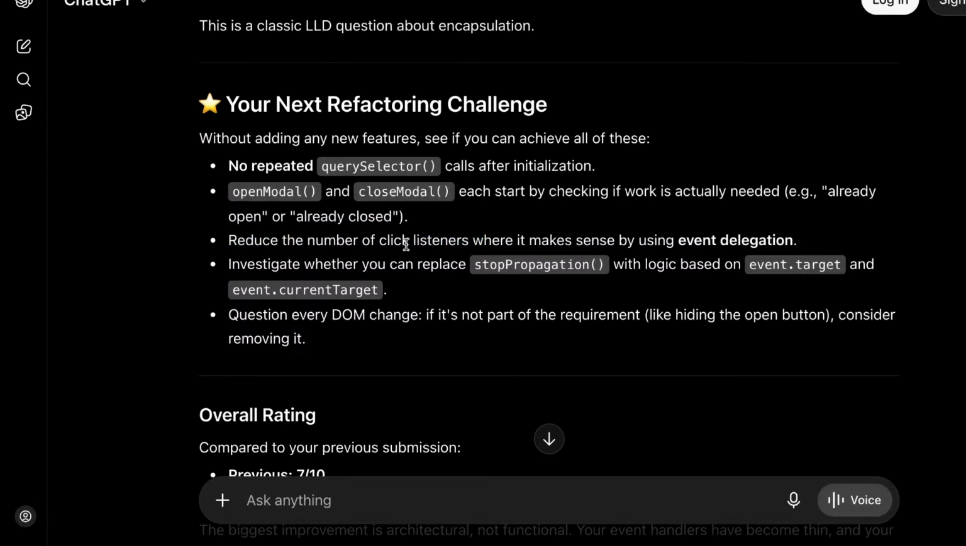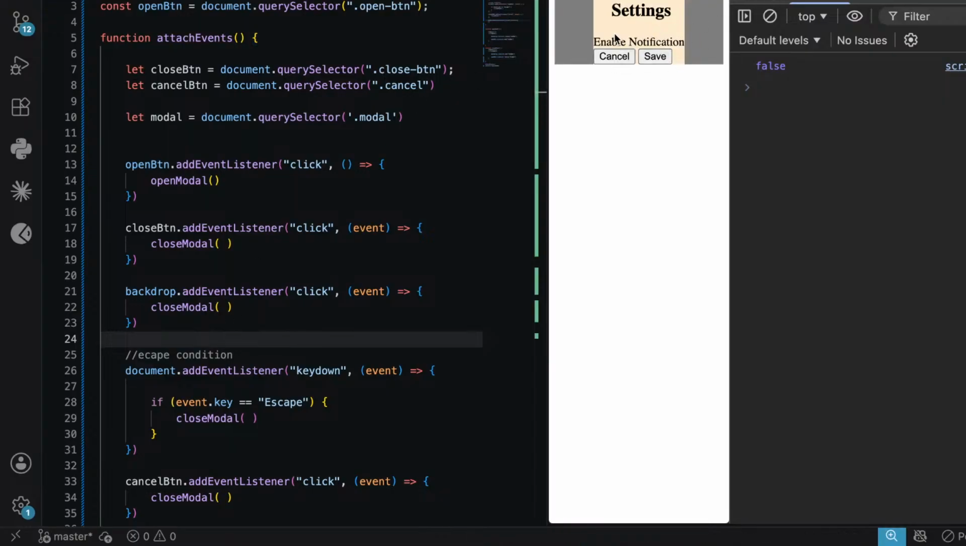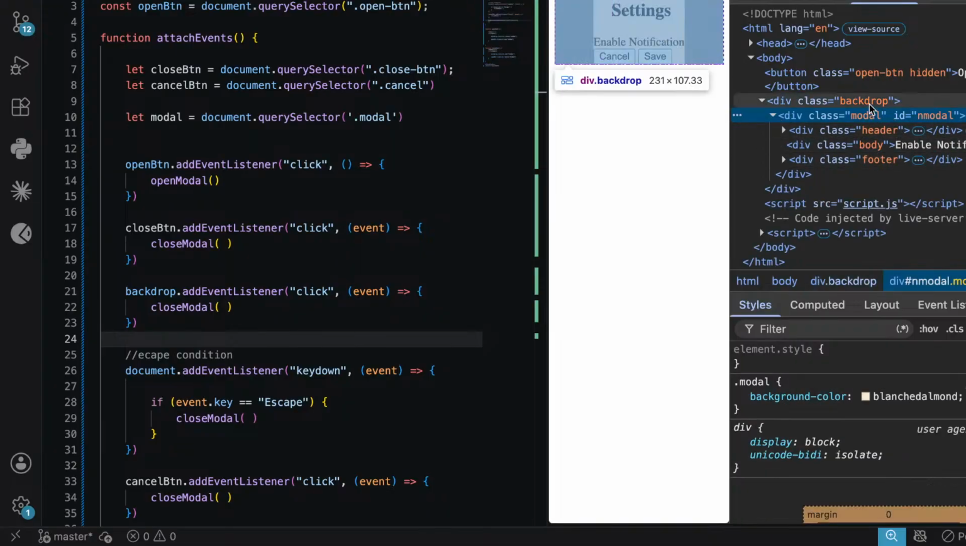It's about reducing the number of click listeners, right? What we are doing is, if we click on the backdrop, if you click on this, it should close, because the modal is already inside this. So for now, when we click this, if it is related to